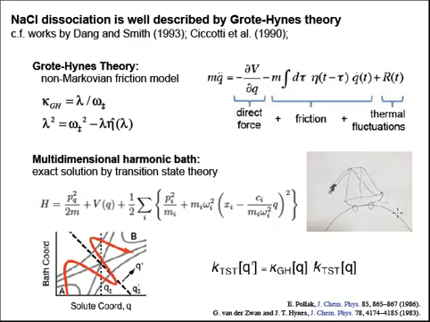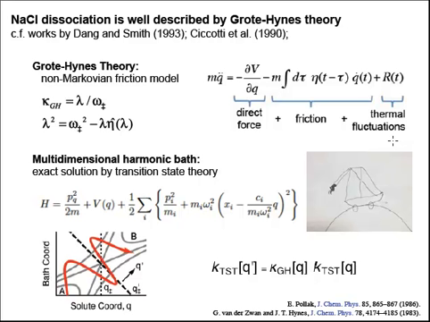Now, it's important to note that historically Grote-Hynes theory is typically applied with coordinates that aren't really reaction coordinates at all. They're just chosen coordinates that are used, and what's really quite remarkable about this theory, but also somewhat dangerous, is that it gives you the right answer in many cases, even when it's obvious that the coordinate that's been used for the analysis is not a good one. I say that's dangerous because you can lead yourself to believe that coordinate is really representative of the mechanism.